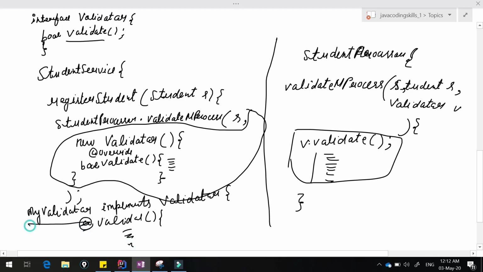And this is the class. Rather than passing these many things here, you can simply write here new MyValidator. That's all. So if you compare this code with your comparator, it's exactly the same.